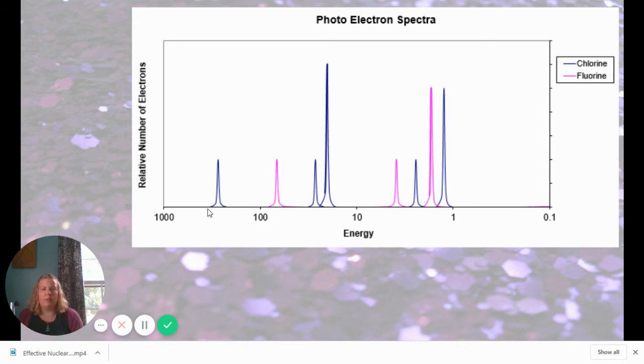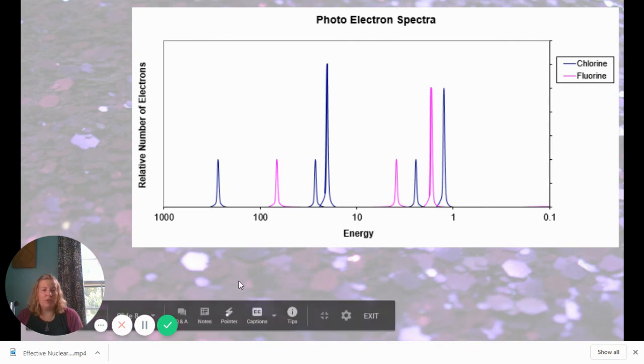So hopefully this makes a little bit of sense, and it's going to be really useful when we talk about our periodic trends coming up. Good luck. If you have any questions,